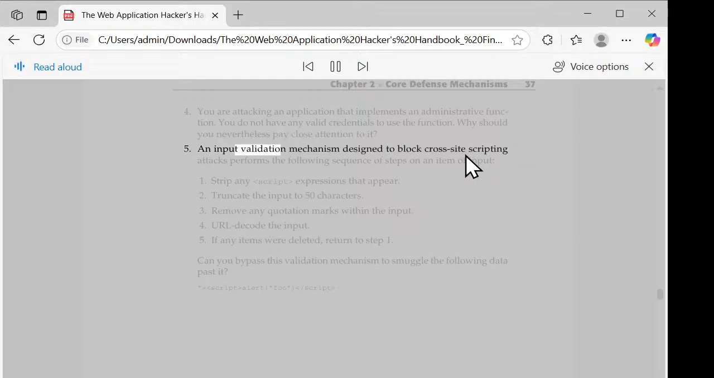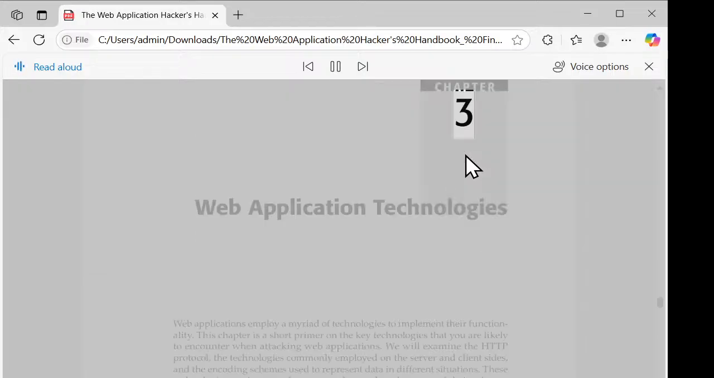5. An input validation mechanism designed to block cross-site scripting attacks performs the following sequence of steps on an item of input. 1. Strip any script expressions that appear. 2. Truncate the input to 50 characters. 3. Remove any quotation marks within the input. 4. URL decode the input. 5. If any items were deleted, return to step 1. Can you bypass this validation mechanism to smuggle the following data past it? <script>alert("foo")</script>